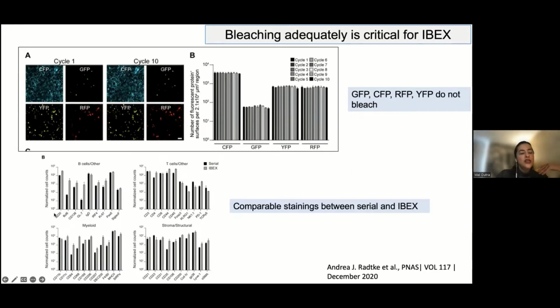So you would do each one of these molecules in one slice, serial slice from the same tissue. And as you can see, this expression is quite comparable for most molecules,